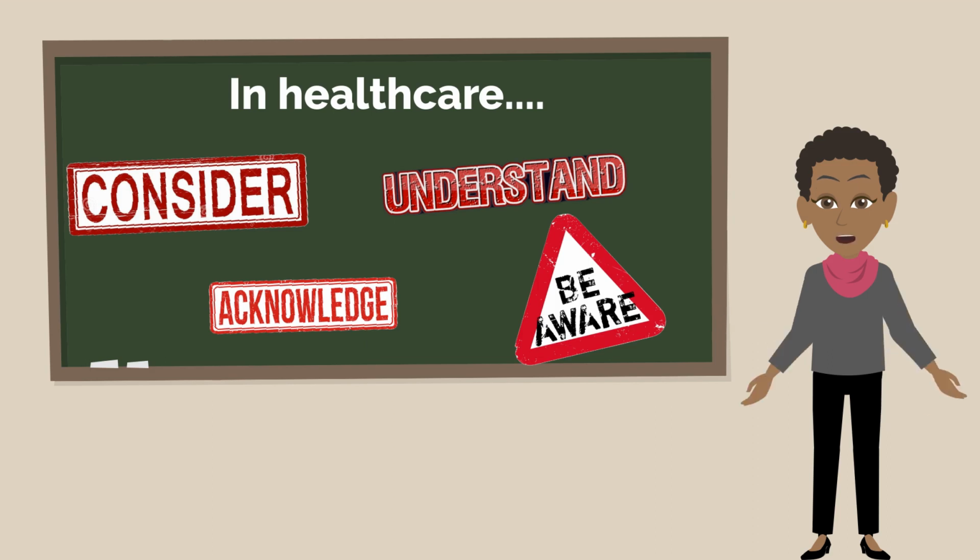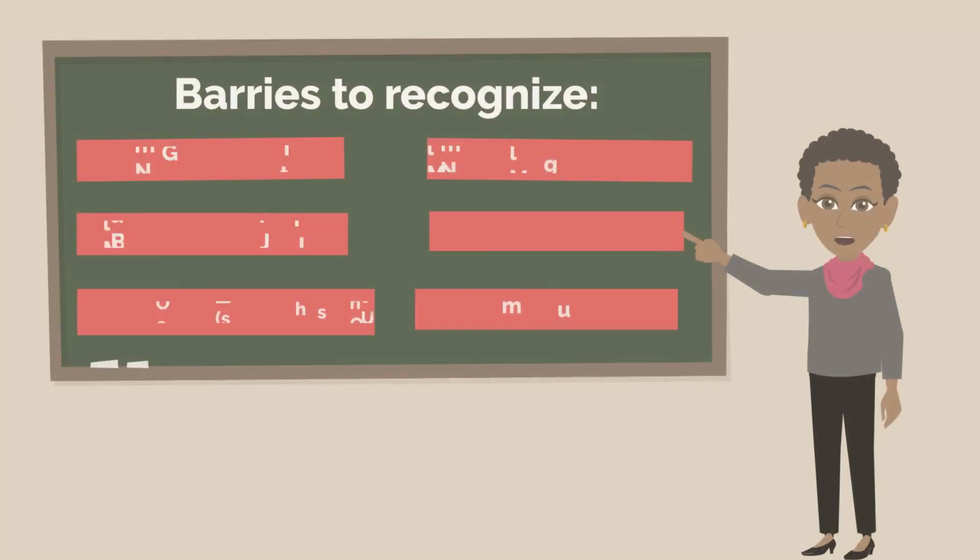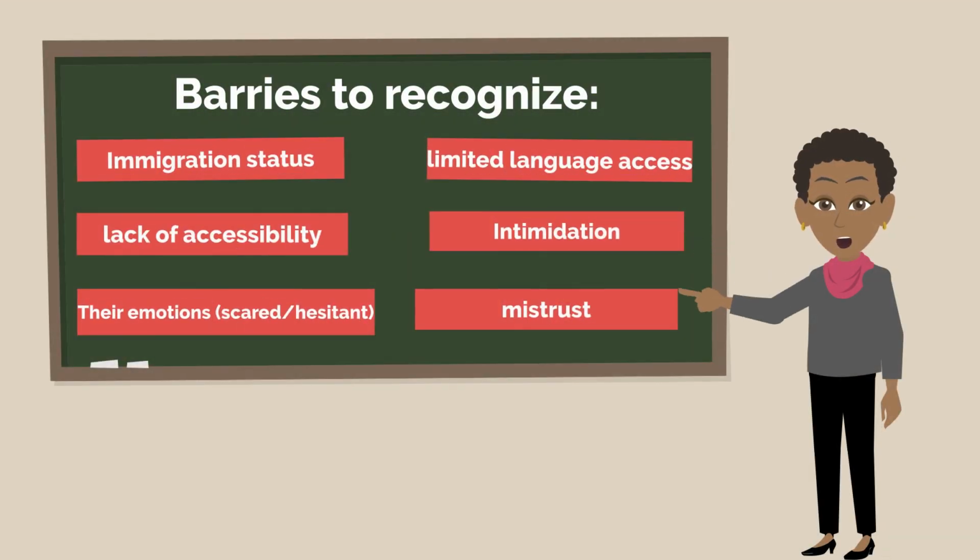Understanding the barriers and the burdens that families have might help you to understand why they have issues with follow-up to screening. And it's important for you to learn that so that you can work with them to identify and address those barriers. Other barriers are limits on language access. It could be limits on immigrant eligibility. They could be scared or hesitant to talk to their child's provider,